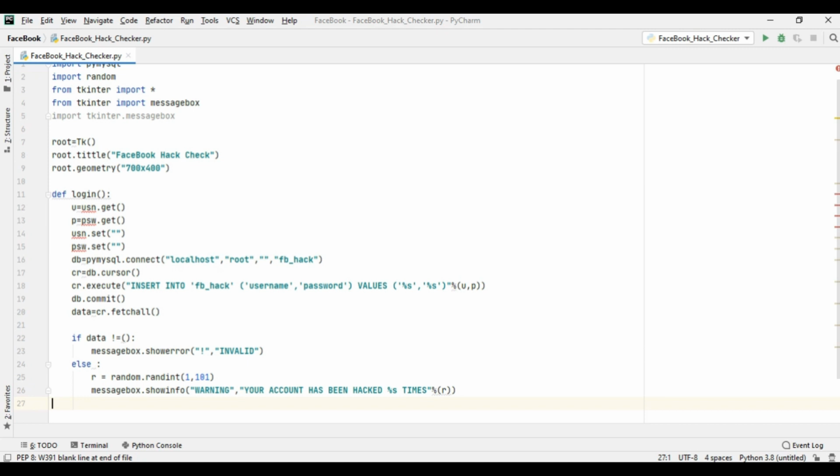So now create the GUI portion, which will look very attractive to the user.